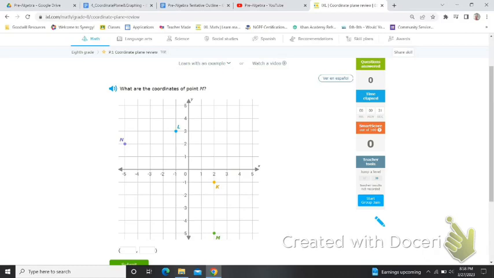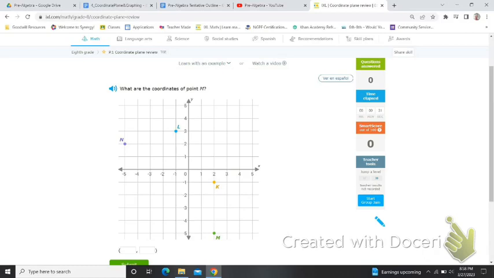Hey, the next page in your packet, there are some things that you can graph and give points for in the packet, but they are very hard to read because they're extremely small, and so we're going to be using IXL, at least the term that I'm creating this, and so